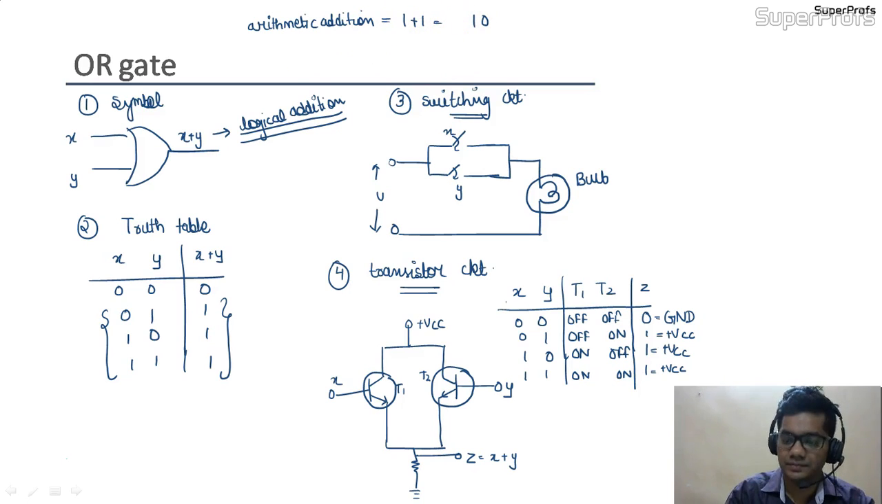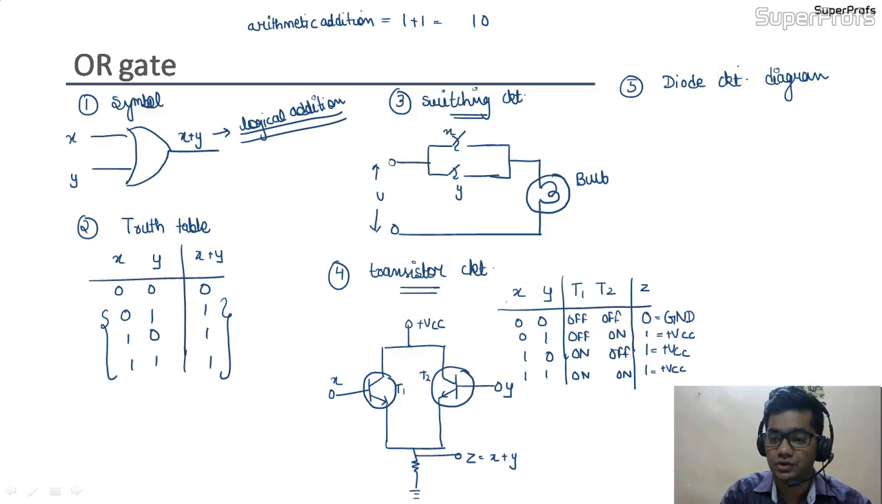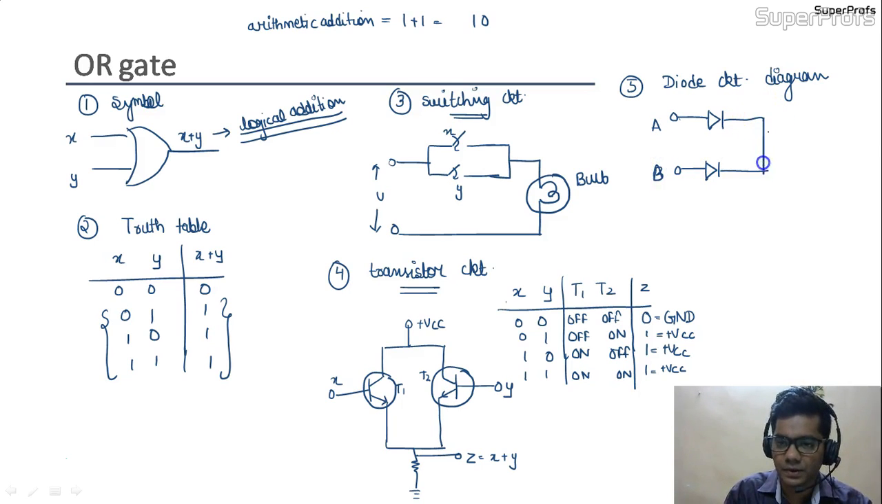The fifth point we are going to see is its diode circuit diagram. So for the diode circuit diagram, what should it be? See students, we are connecting the diodes in parallel condition also. So if this is input A, let us take the inputs A and B. This is input B. They are connected in parallel, and the output is taken here, which is Y, A